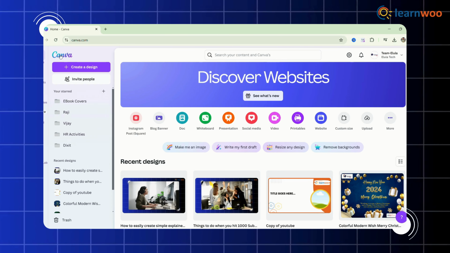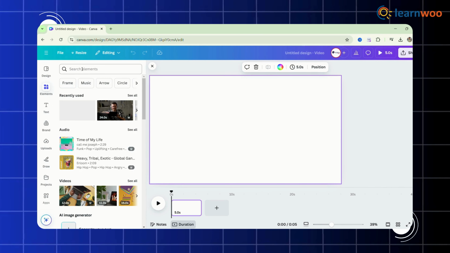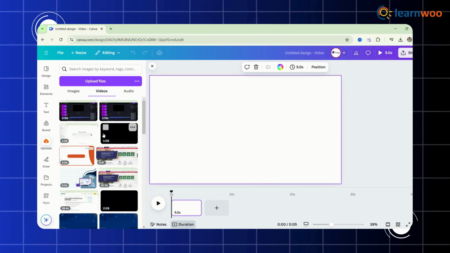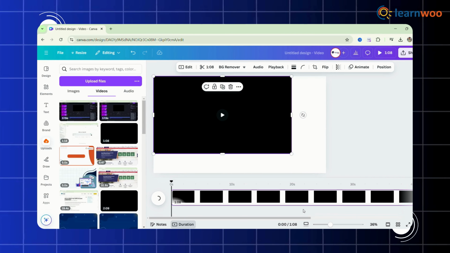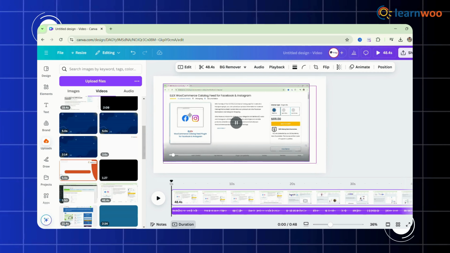For video creation, go to Canva and use the Elements option to find a suitable background. Upload the Clipchamp video to Canva and extract the audio. Place the audio on the timeline and find a relatable video from Elements for the intro part, adding it to